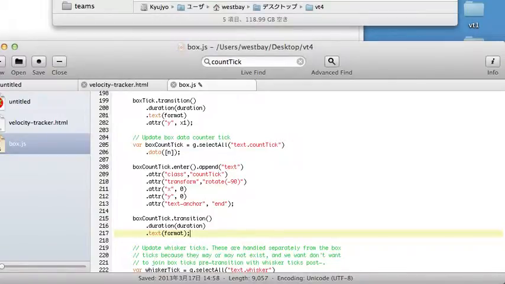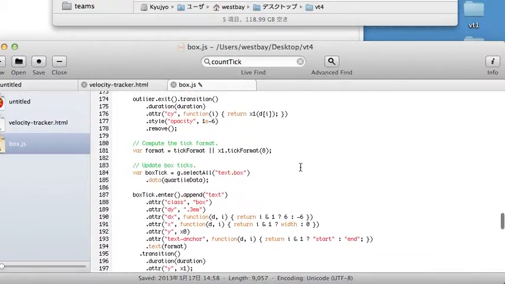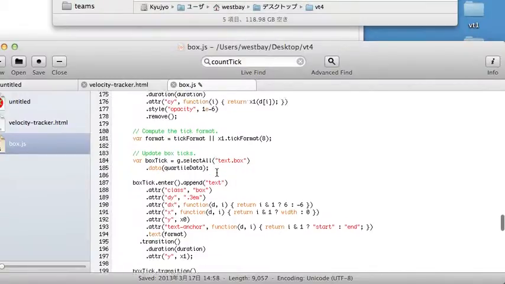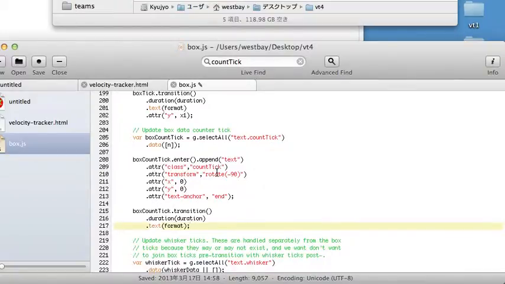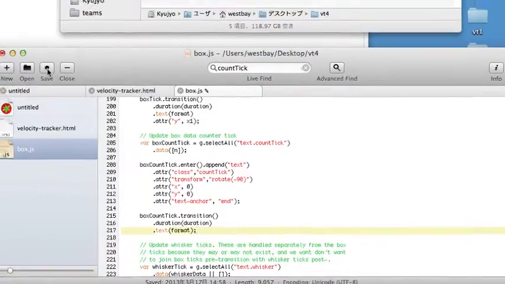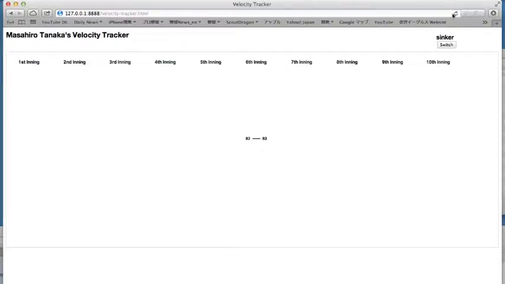Okay, format here is a variable that is set on line 181, compute the tick format. The purpose of having a format is to be able to control how the ticks look from the program that you're writing. The program, of course, being in velocitytracker.html. Now, I'm going to just leave this for now and come back to it a little bit later. For the time being, though, let's see what happens. Save it, reload,